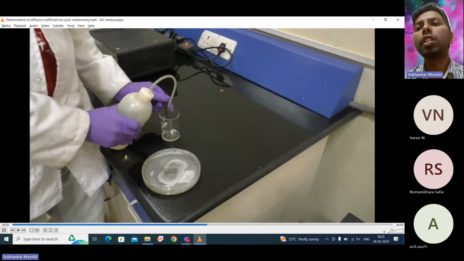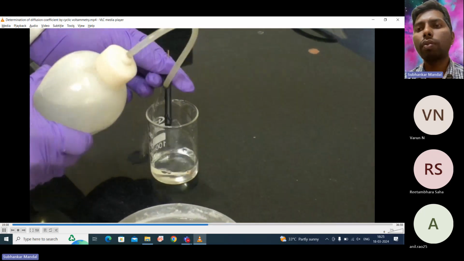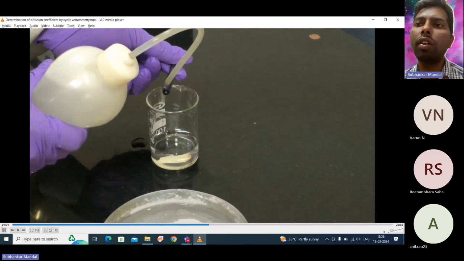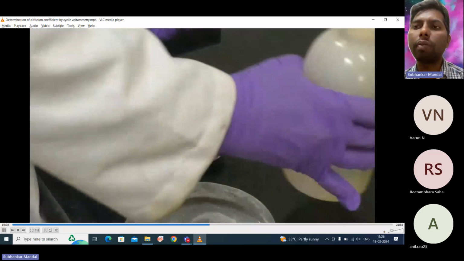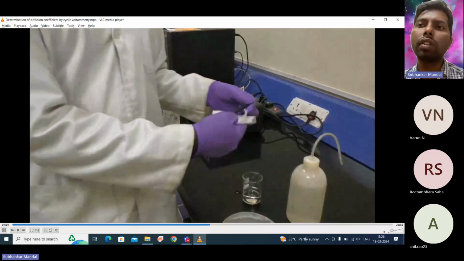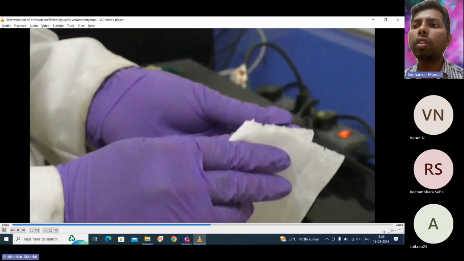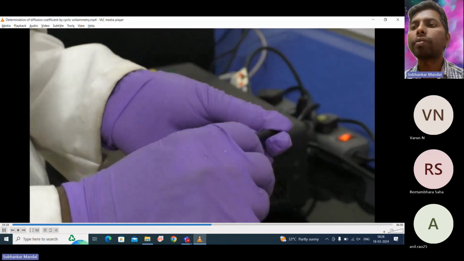So polish the working electrode, and after polishing, wash it properly, because if alumina powder remains on the working electrode surface, that can affect your redox couple or the working surface. So then you have to clean the working electrode. Okay,